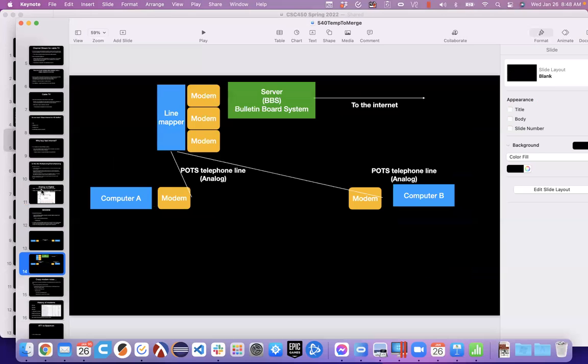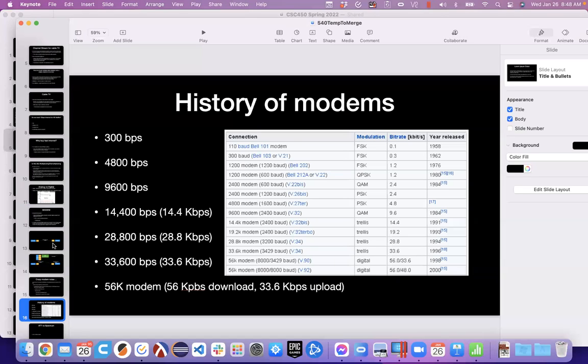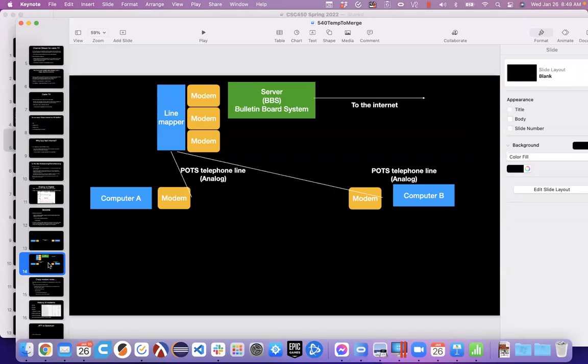So one of the complaints, especially as the internet kept getting bigger and bigger,